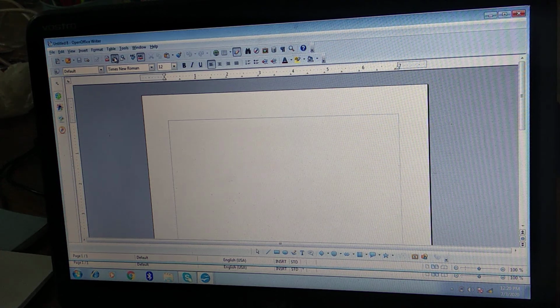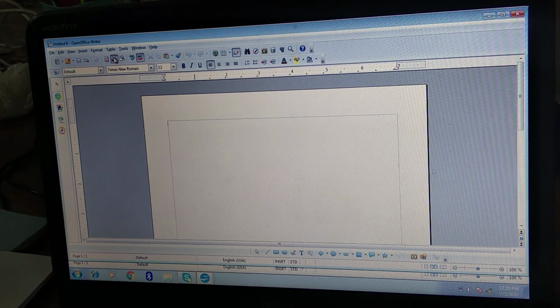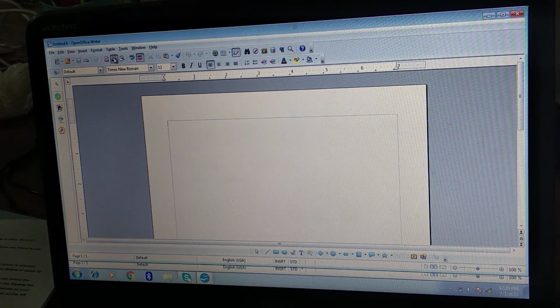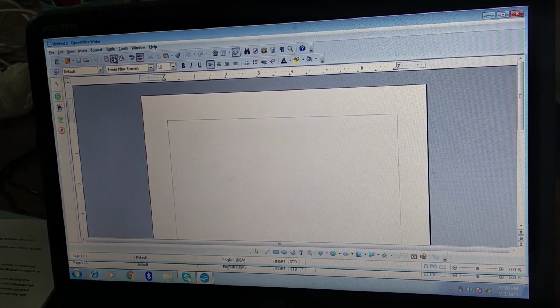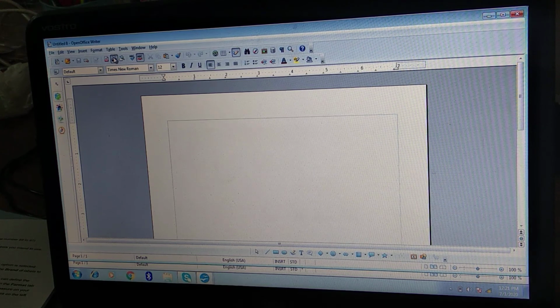Hello children, we are going to discuss the labels, how to create labels in OpenOffice Writer. What are labels? Labels are actually small slips of addresses which you can create for the same letter. You have one type of letter for different addresses. You want to print address labels of different people. You just paste those labels on the letters and you can send them to different addresses.